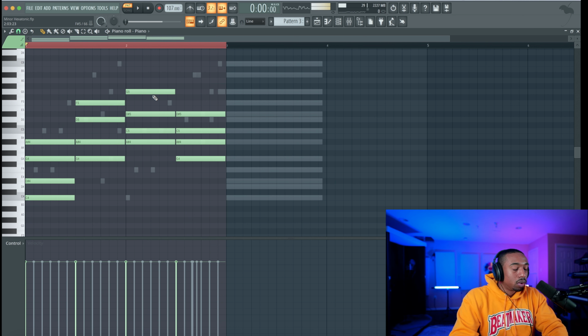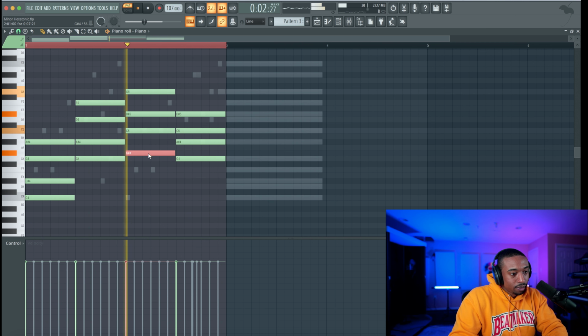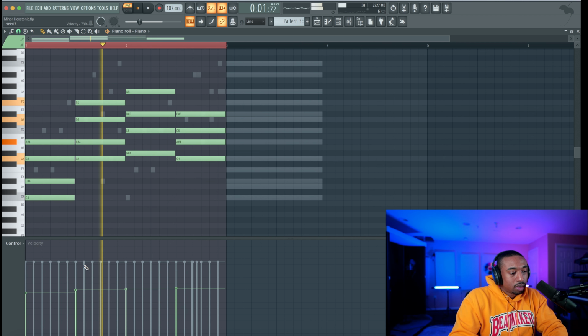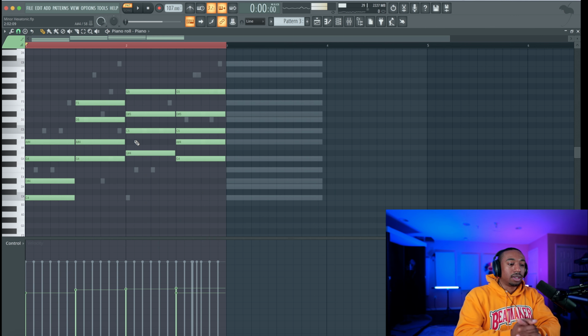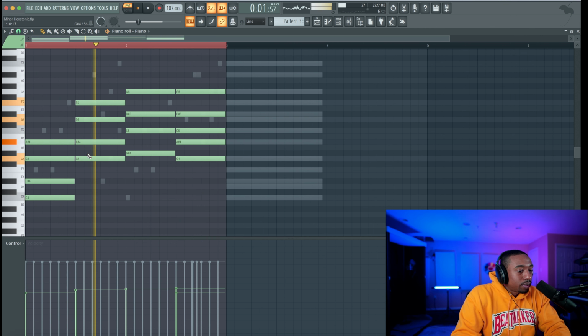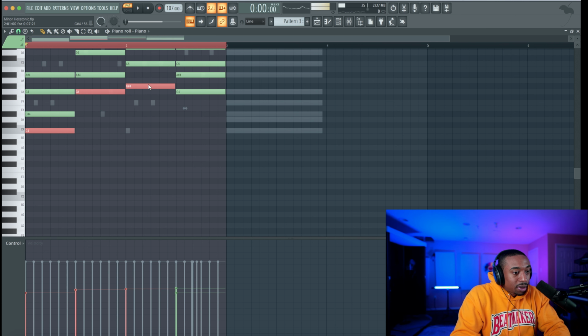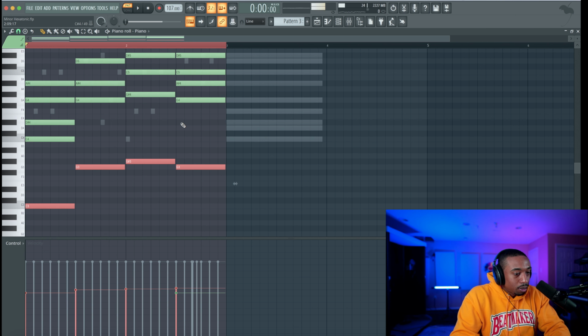Now to make this more tense, okay, I'm gonna use different distances and intervals here. That's very happy sounding. So I'm gonna just move notes around. This could take you as long as you want it to take. I'm not gonna sit here for a decade and bore you to tears. So let's just copy these notes. I like the chords, but it could be a little more customized.